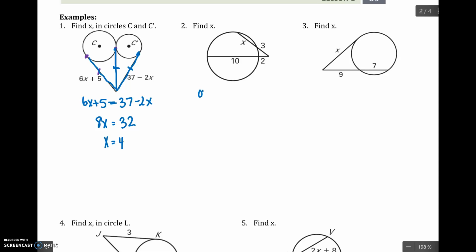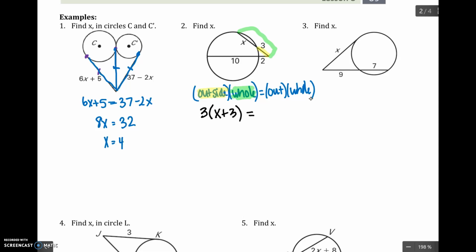So we're going to use the outside times whole idea. The outside portion of this secant is 3. And then the entire secant, if I were to put those together, is x plus 3. So I'm going to write 3 times x plus 3. And then on the bottom one, the outside part's the 2. And then the entire thing